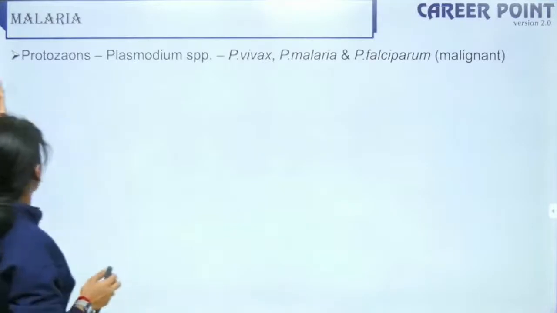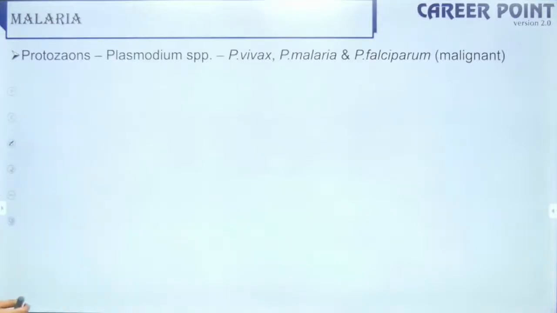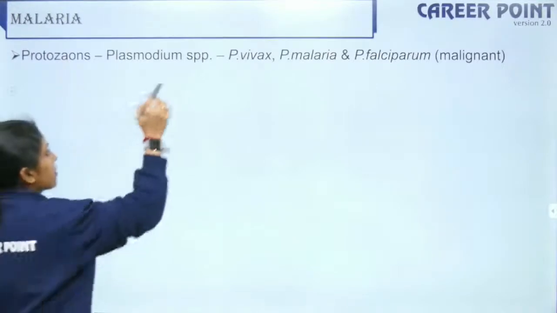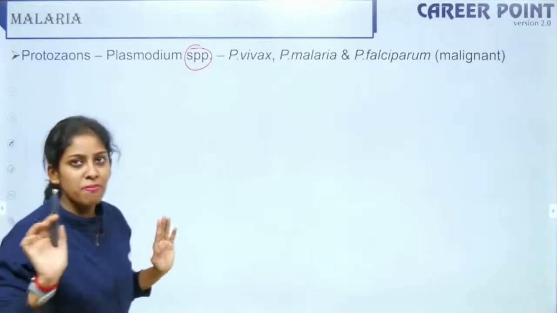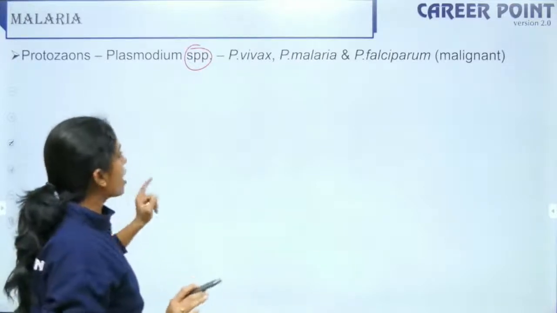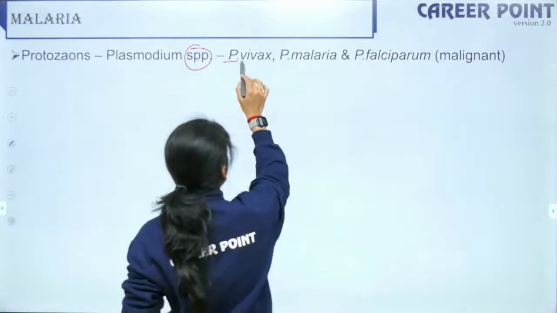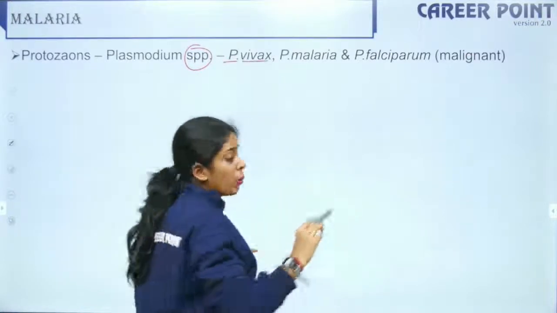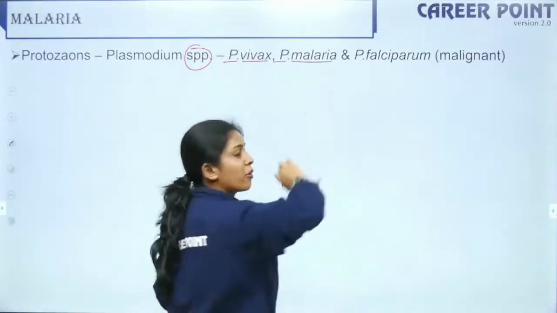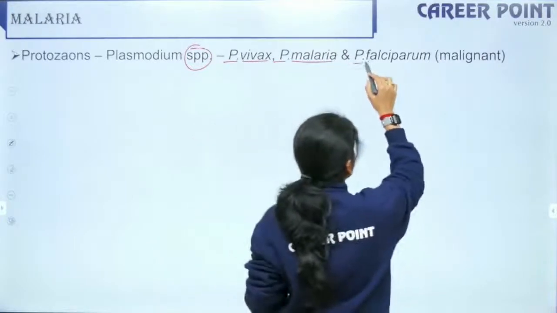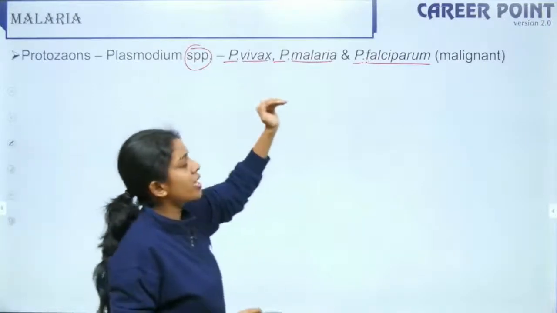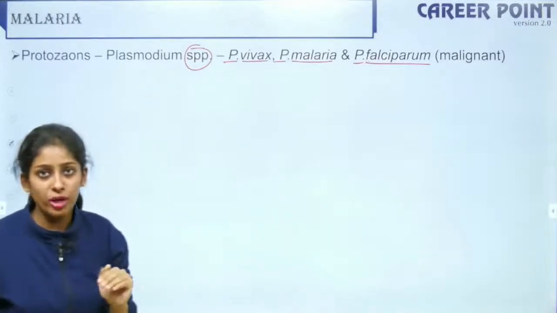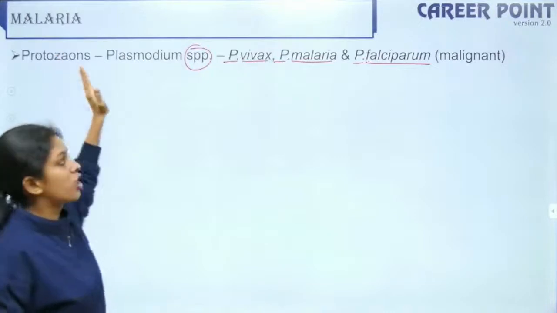Okay, fine. So protozoans species which causes malaria are Plasmodium. So spp is species. Okay, so you don't have to write Plasmodium spp and underline, no, it is not required. But when you write Plasmodium vivax, you have to underline. When you write Plasmodium malariae, you have to underline. When you write Plasmodium falciparum, you have to underline. Okay, so we have three types of Plasmodium, which are protozoans which cause your malaria.